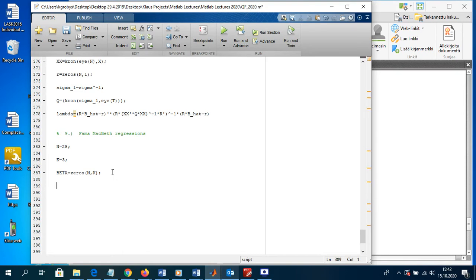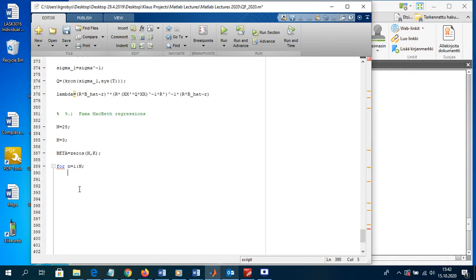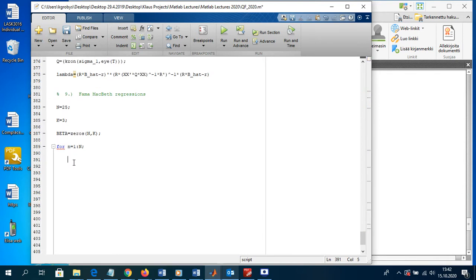So the next step is then, okay, we have again a for loop. For, let's say, n is 1 until capital N, and it doesn't matter if you write n or i, you just have to be consistent in your notation. So you have a lot of degrees of freedom here in how you would like to do things. Again, let's define for each equation our dependent variable. Let's define it as small y. It should be equal to the nth column